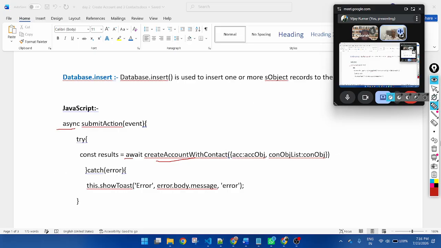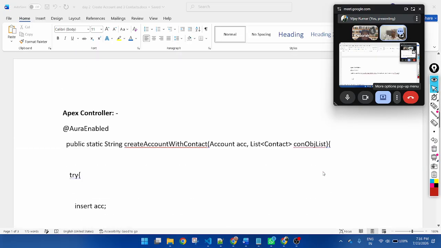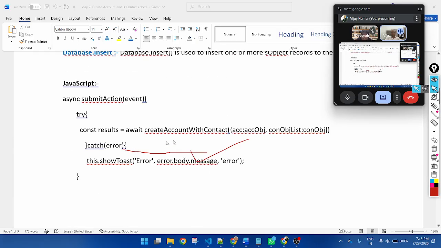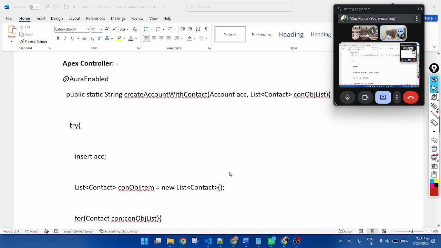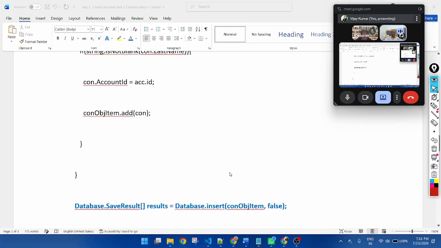So this is the JavaScript part, and if you go down, this is an Apex class method. Here you can see I created a create account with contact method. This method I am calling here. So before the method call, I am applying await. All of the scenarios will be covered today.